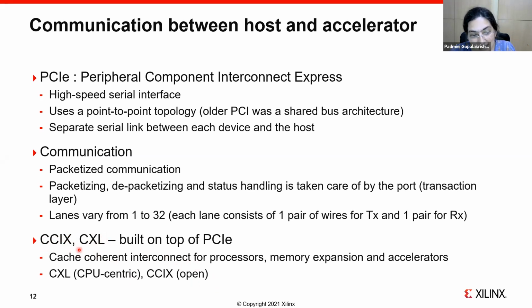The interesting thing about these protocols is that they're basically cache coherent interconnects. It's an interconnect which allows you to access memory in a cache coherent way. The cache coherence is built in. And CXL is a more CPU-centric protocol. This is being driven by Intel. So here for every transaction, pretty much you have to go back to the CPU. So it's more of a master-slave type of configuration or leader-follower type of configuration. Whereas C6 is more open. It allows any piece of hardware which is connected to the interface to take control.